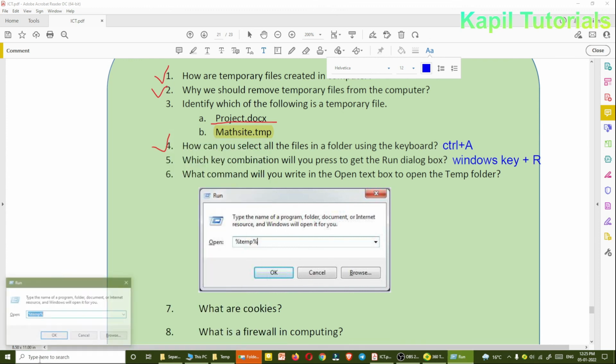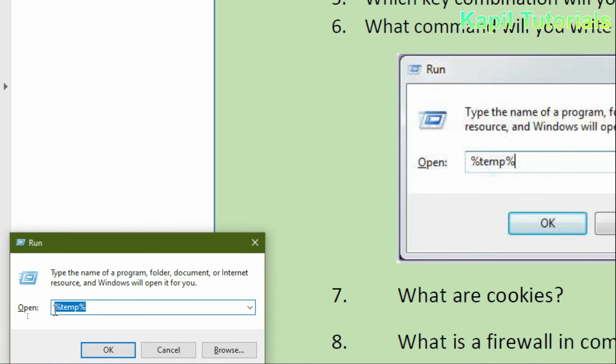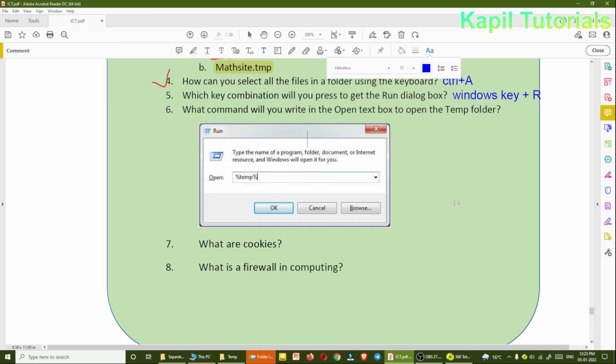When we are running it, you have to type here %temp%. So what are cookies? That I have just discussed: small files made by online companies, online websites rather, which are used to store your information.